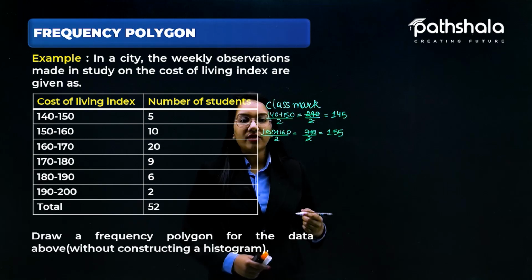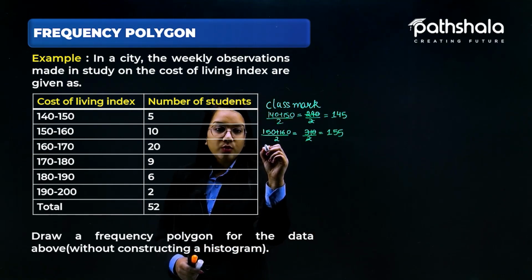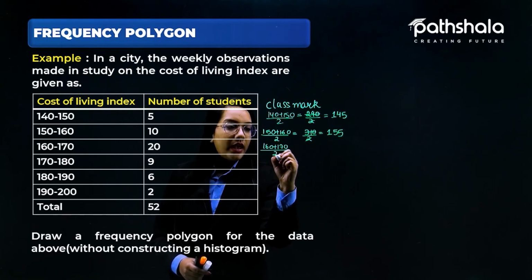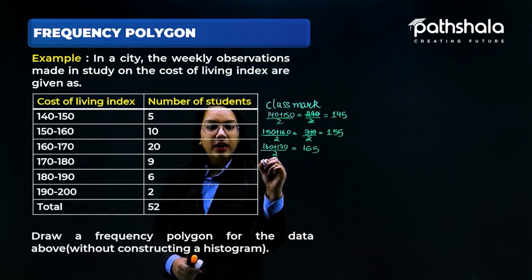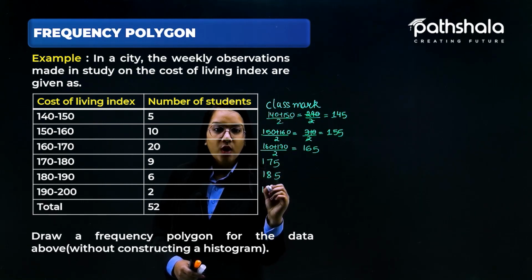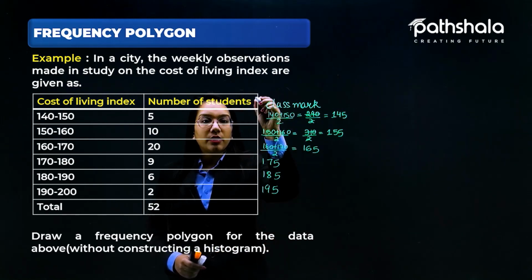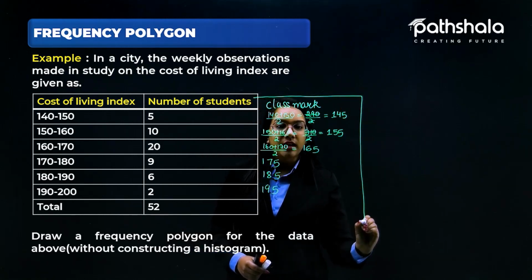So this is 155, and in a similar manner we can also find the class mark for this one, meaning 160 plus 170 divided by 2, and this comes out to be equal to 165. In a similar manner we can construct the class mark for this one. This comes out to be 175, 185, further we have 195, and so on. So these are nothing but the class marks, and using these class marks we can construct